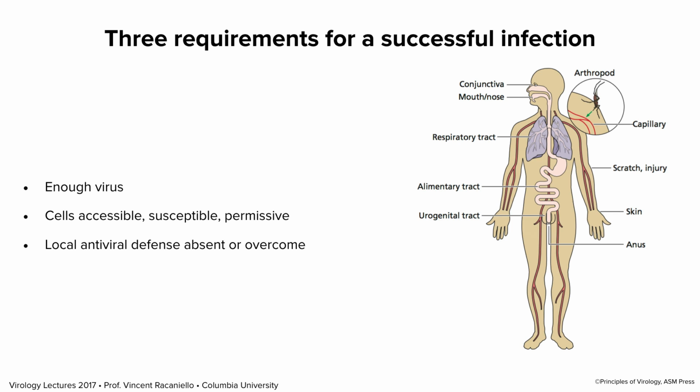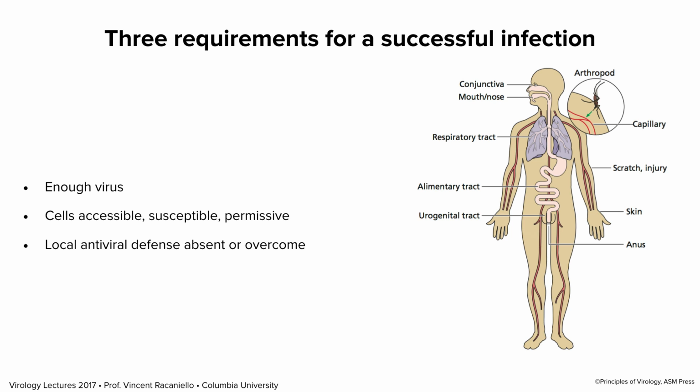All right, in order for a virus to successfully infect the host, there are 3 general requirements. You have to have enough virus. Enough is a tough question to answer. It varies depending on the host, the species, and what the virus is in particular. So in some cases, 1 infectious virus in a mouse is enough to give disease to the mouse, but in humans you may need 100,000 or 1 million virus particles, so it really depends. But you have to have enough. So for a virus that needs 1 million PFU to start an infection, if you acquire 10, you're not going to get infected. So you have to have enough virus.